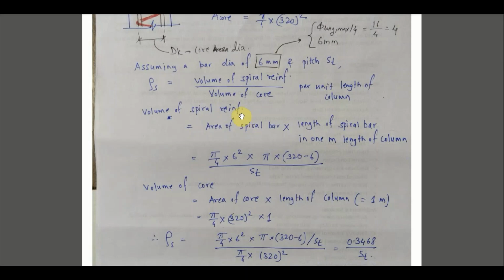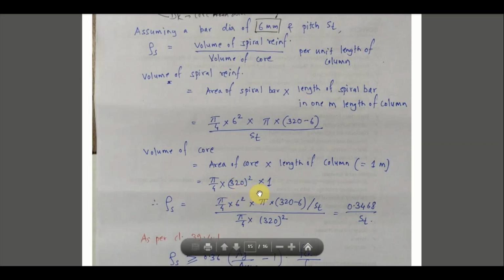वॉल्यूम ऑफ स्पाइरल रिइंफोर्समेंट डिवाइडेड बाय ST। तो ये हो गया आपका वॉल्यूम ऑफ स्पाइरल रिइंफोर्समेंट। वॉल्यूम ऑफ कोर, हाउ मच इज दैट? एरिया ऑफ कोर, क्रॉस सेक्शन एरिया ऑफ कोर मल्टीप्लाइड बाय लेंथ ऑफ कॉलम विच इज इक्वल टू 1 मीटर। सो पाई बाय 4 320 स्क्वायर, दिस इज योर एरिया ऑफ कोर मल्टीप्लाइड बाय लेंथ 1 मीटर। सो ये दोनों वैल्यूज मिल गए, इनका रेशियो निकालना है।